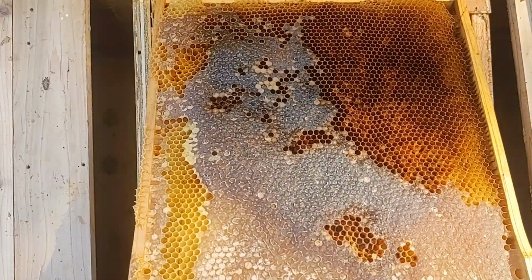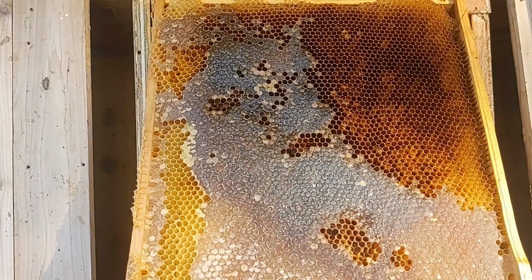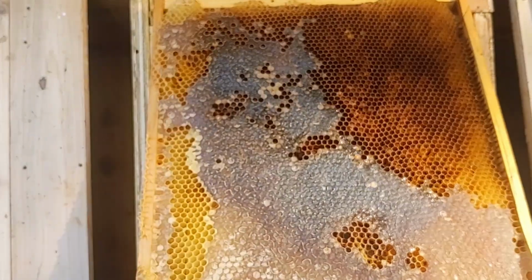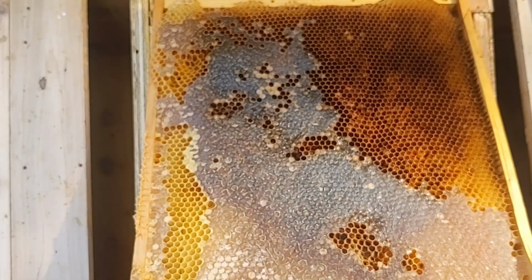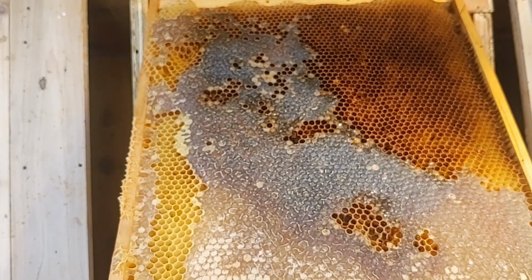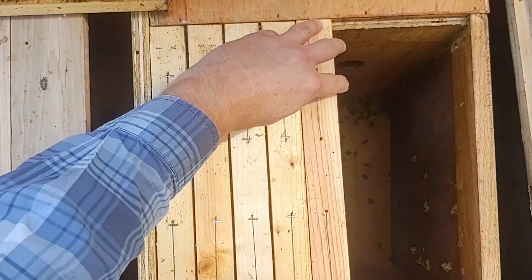So I'll probably be pretty liberal about cutting away the bad parts. I don't want to taint any honey that I might harvest with the slime that the small hive beetles left. So if I do harvest these, we'll be cutting those out very liberally. But this is just one frame. And then as we get into the brood frames,